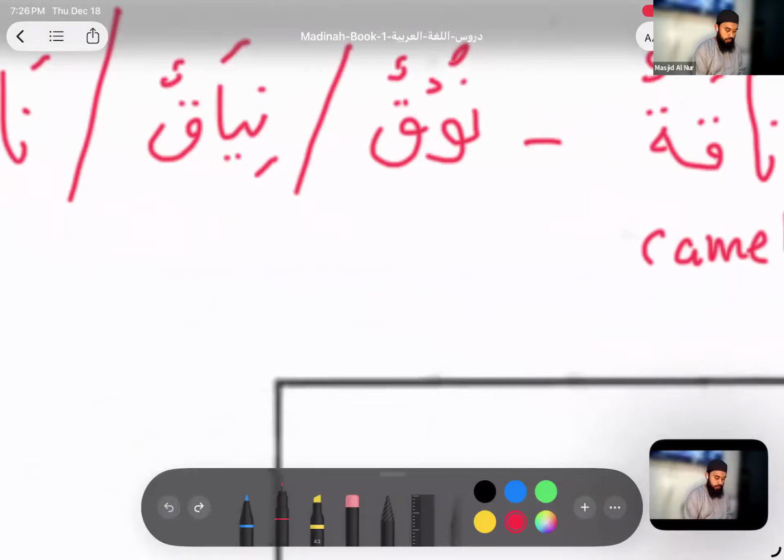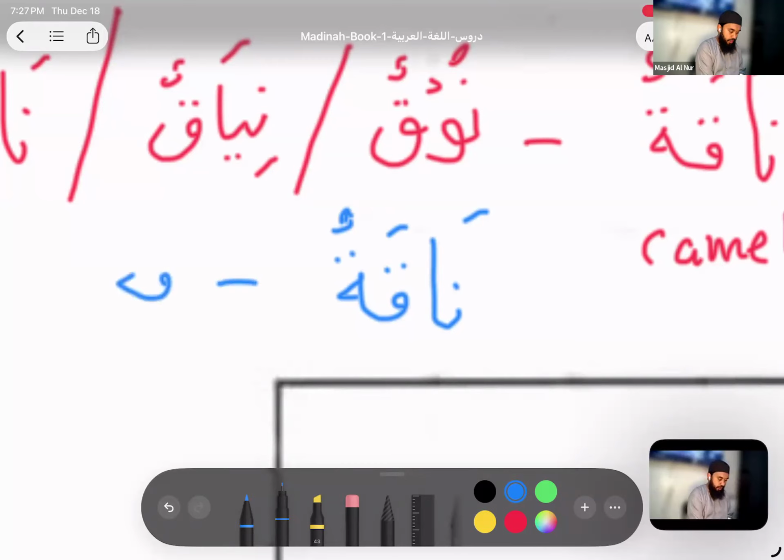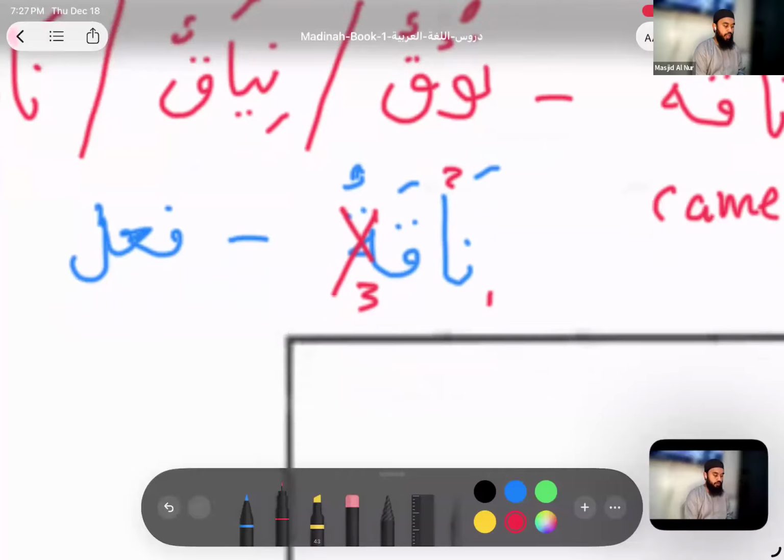Naqatun. I'm writing in blue. Today's lesson, I'm going to focus on the Hans Wehr a little bit. When you look at a word like this in Arabic and you're trying to put it in the scale or rhythm of fa'ala, you always omit the ta marbuta. You don't include that. So now you're sitting with technically 3 letters: noon, alif, and qaf. We see that, right? 1, 2, 3. These will be your fa, ain, lam.